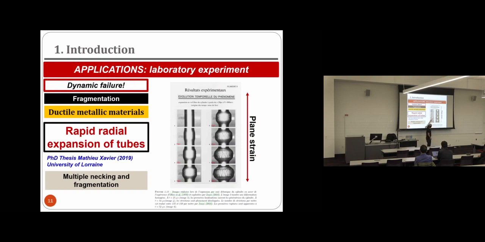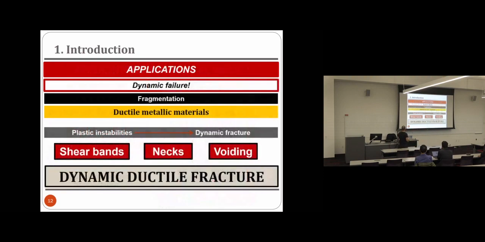And these necking bands that you can see here very clearly are aligned with the axial direction of the tube because the tube is quite long and therefore it is plane strain. And we all, people working on metal forming, know very well that the plane strain direction is the preferential direction for the neck to form. So this is another example of how to study dynamic necking and fragmentation in a laboratory environment.